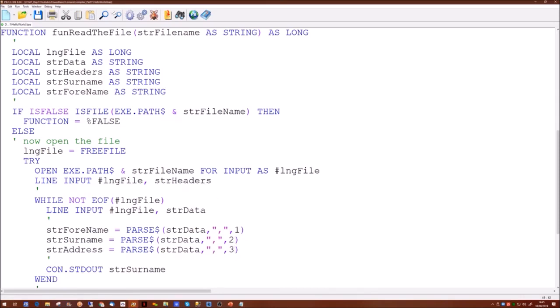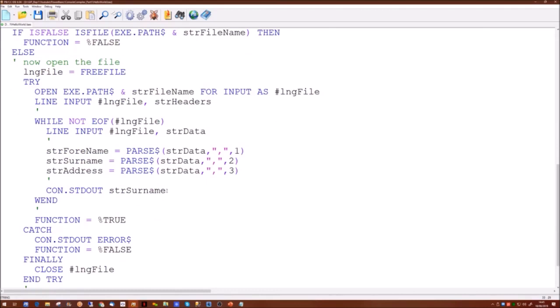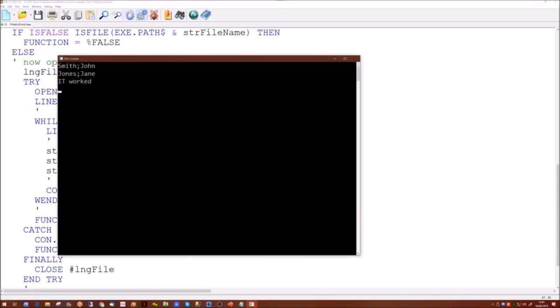Now obviously this doesn't handle things like embedded commas, which is part of a later video. But if we do this, we can then put out the information that we're actually after. So we could put it out in a different format. There we go.